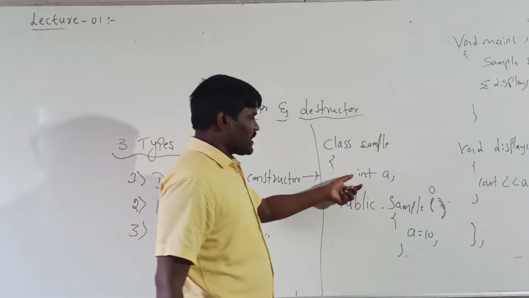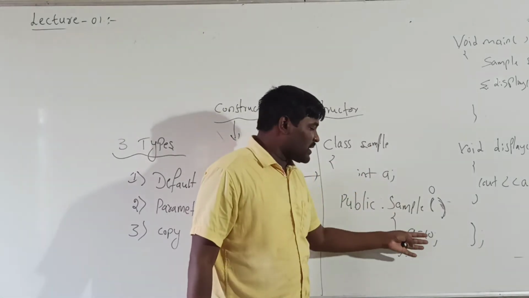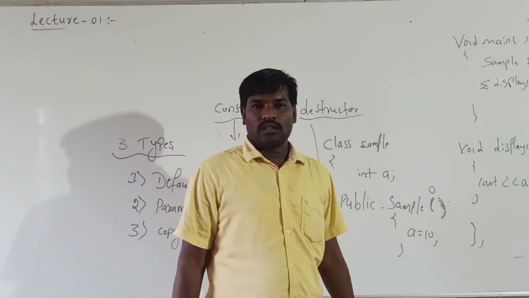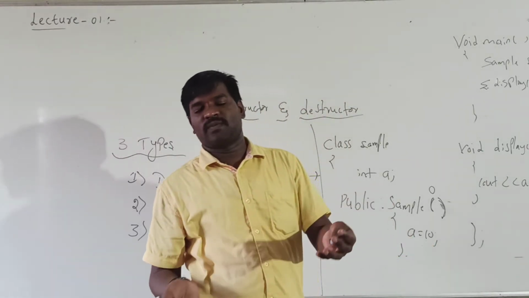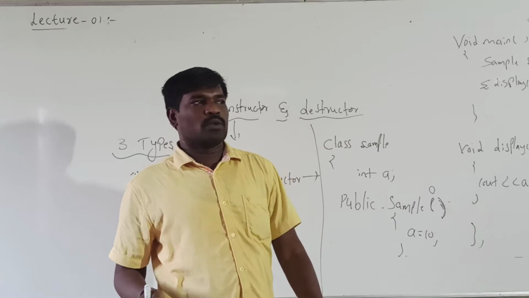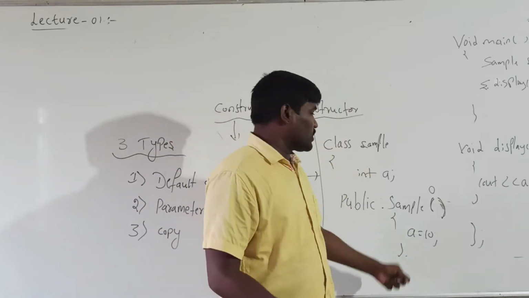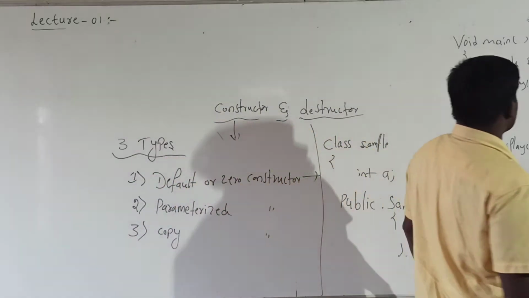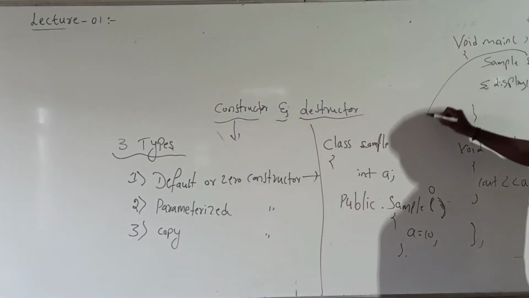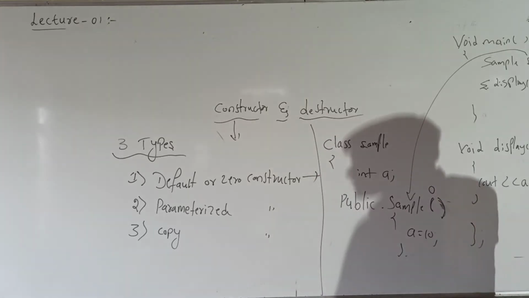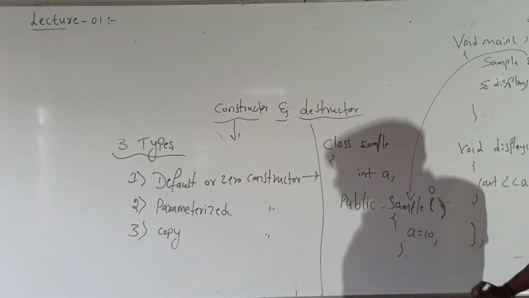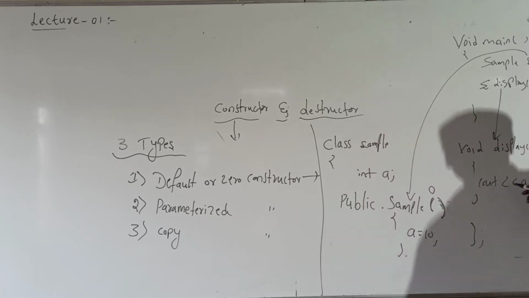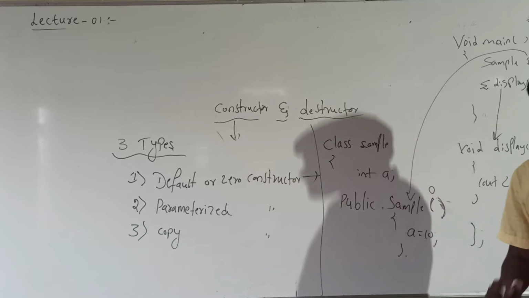Whenever private members are declared, you can manually assign the value. So this is the default value of A. Suppose you assign 5, then 5 is the default value. Whichever value you want, you can assign it to the particular private data members. And cout of A: here, sample of S means it will call the constructor, A is equal to 10. It means that 10 is stored in A. Next, S dot display means it will call the display function, and it will print the result as 10.